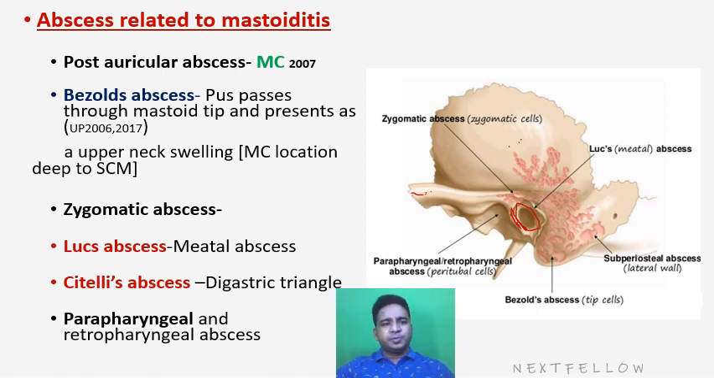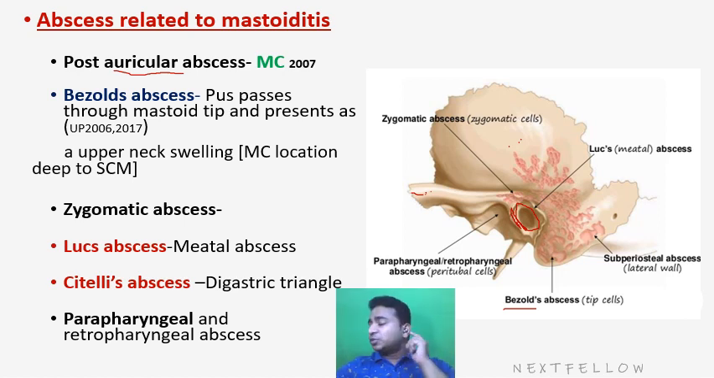The most common abscess because of the mastoiditis is the post-auricular abscess. This is my post-auricular abscess, which is just behind the ear. Then there comes other abscess, which is the Bezold abscess or Citelli abscess. These two have been asked multiple times in the exam. So Bezold abscess, look at this diagram. This is my Bezold abscess. So Bezold abscess is the abscess of the collection of the pus which drains out along the direction of sternocleidomastoid